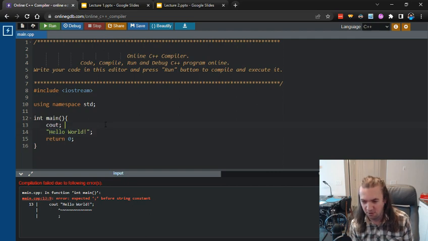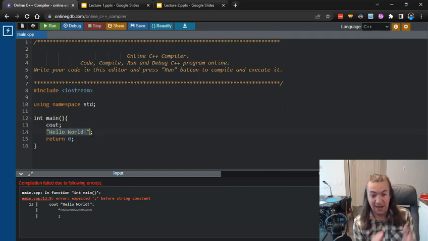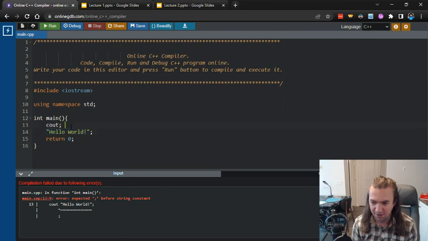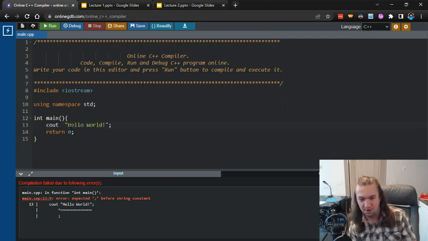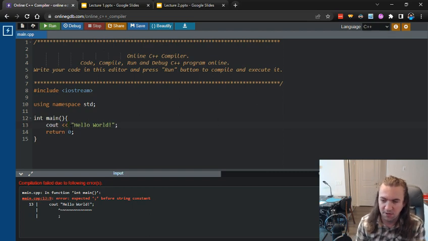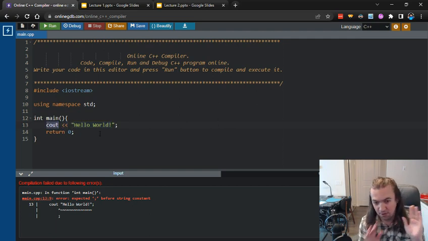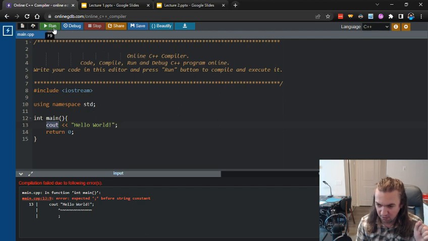What we want though is to take this message, hello world, and pass it into our output. We want to take this and direct it towards the screen, really. We want to be printing out the message. So instead of a semicolon here, I actually want these two arrows. And these two arrows are a convention that means take this and send it over, redirect it into cout. And cout is going to print stuff to the screen for us. And so when I run,